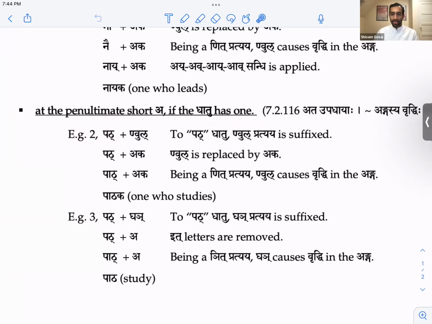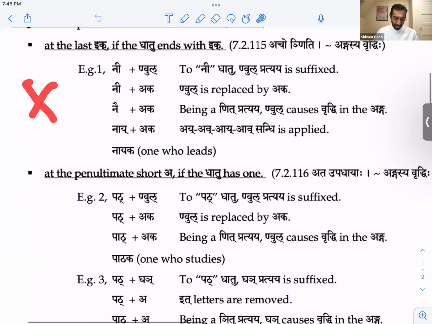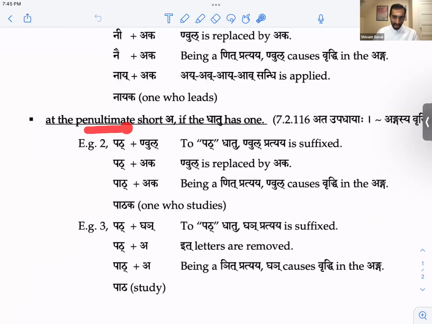Okay. So first, I look if this rule applies. But let's say I have something like pat. Pat does not end with an ik. So this does not apply. But I have a penultimate short akara.